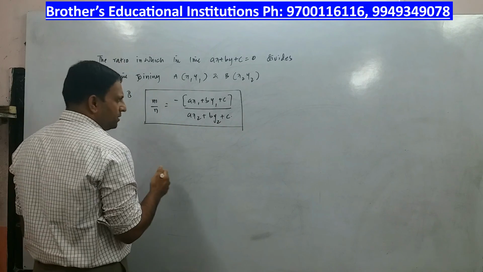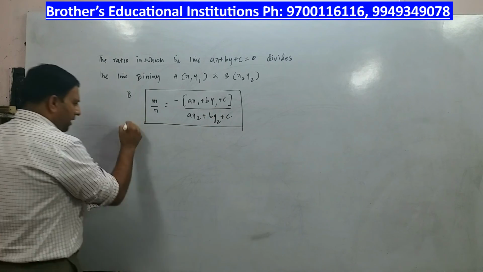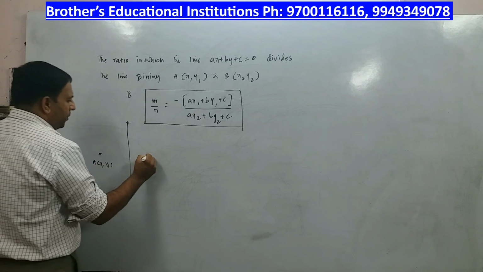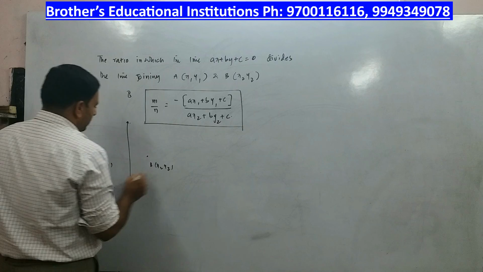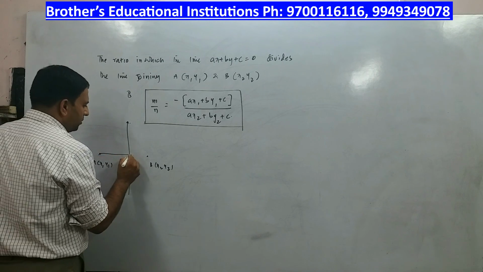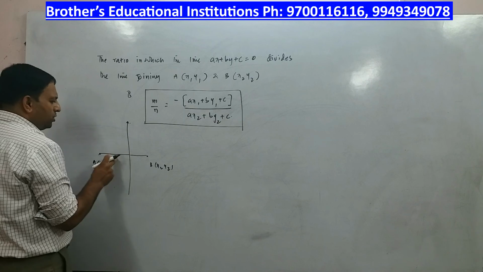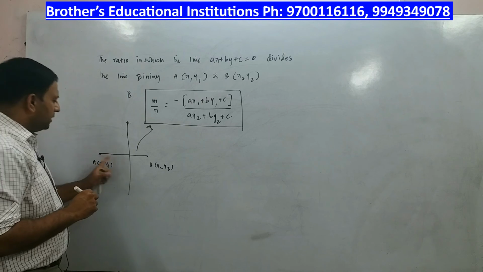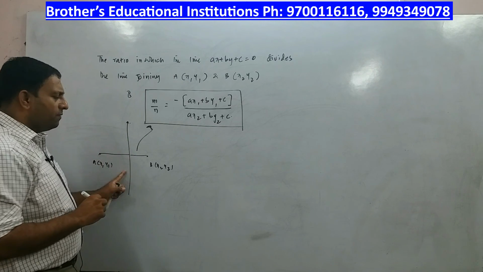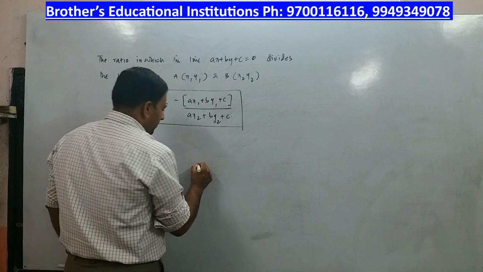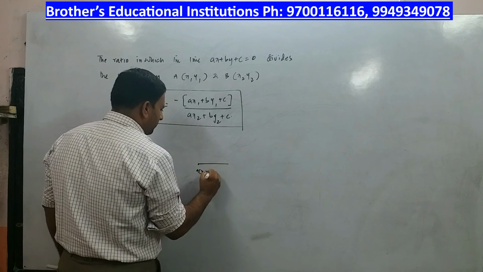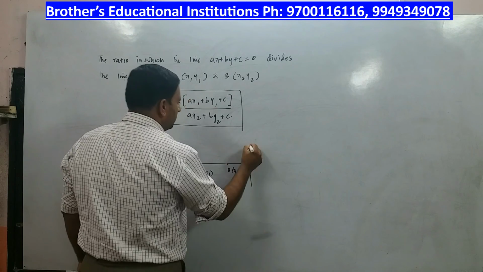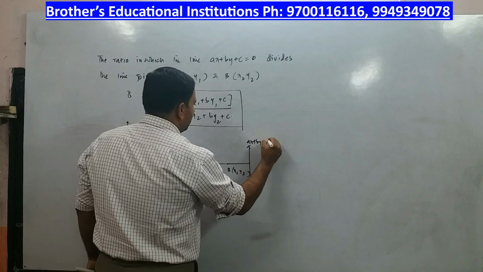Now what do you understand by this? Alright, see here, there is a line here, and there is a point here A (x1, y1), and a point here B (x2, y2). If you want to see what is the ratio of these distances, it is given by this formula. Now here the line can divide these 2 points internally, or the line can divide these 2 points externally. For example, there is a point A (x1, y1), a point B (x2, y2), and a line whose equation is ax plus by plus c is equal to 0.